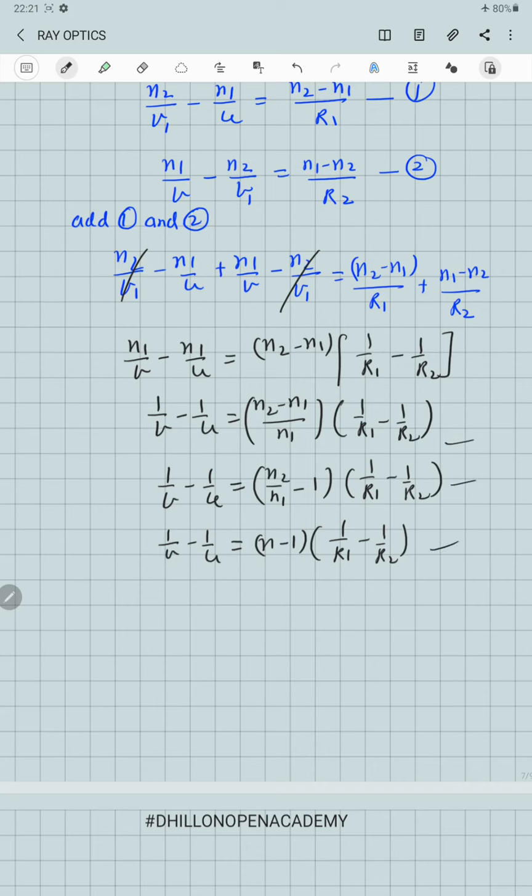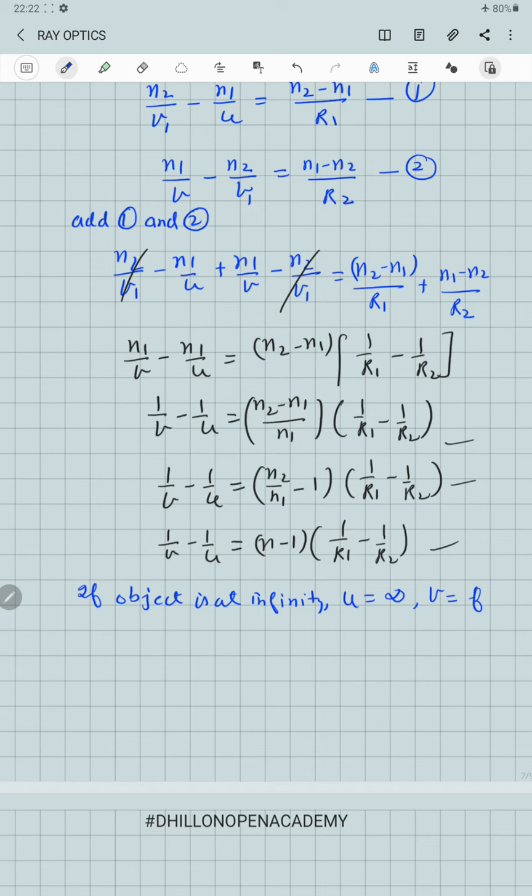Now if you want to bring focal length over here, we assume that our object is present at infinity, then u will be equal to infinity. So in this case, all the rays of light coming from infinity will be parallel to each other and to the principal axis, and when they suffer refraction from the lens, they all converge at one point, that will be the principal focus of the double convex lens. So in that case, the image distance v will be equal to the focal length of the lens.